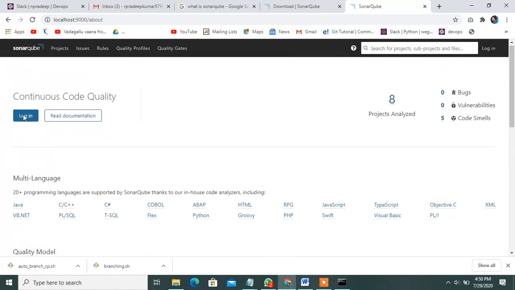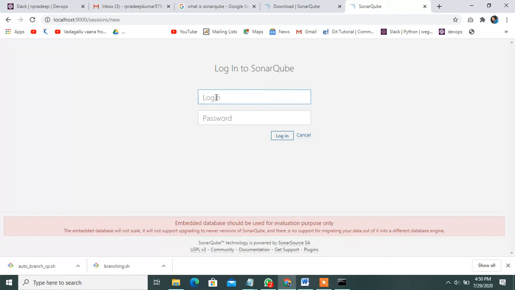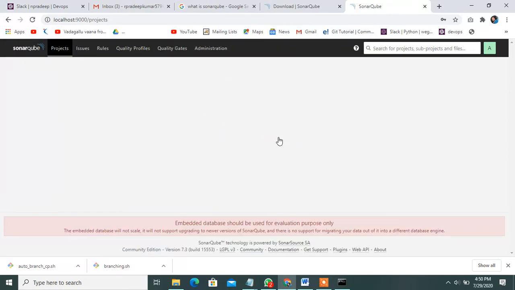Log in using login ID admin and password admin. Once logged in, SonarQube server is successfully running.